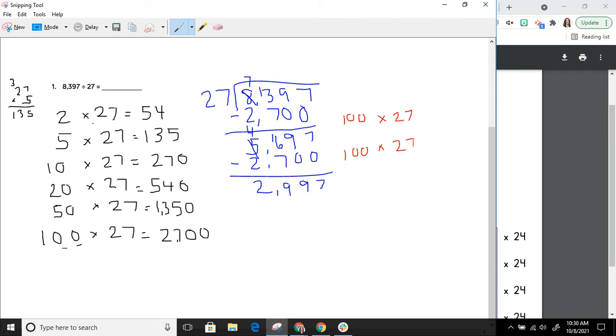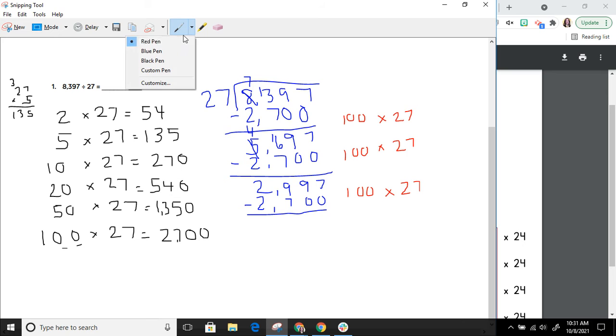I'm going to repeat. I'm going to come back to my list of facts, and I'm going to see what answer gets me close to 2,997. Well, guess what we're going to use again? 100 times 27, which is 2,700, is going to get me the closest to 2,997. So like I've been doing, I'm going to put my answer to the math fact down, 2,700, and we will subtract in just a moment. But before we subtract, I don't want you to forget this part because this is where we're going to get our answer. We're going to write out that math fact. We used 100 times 27,